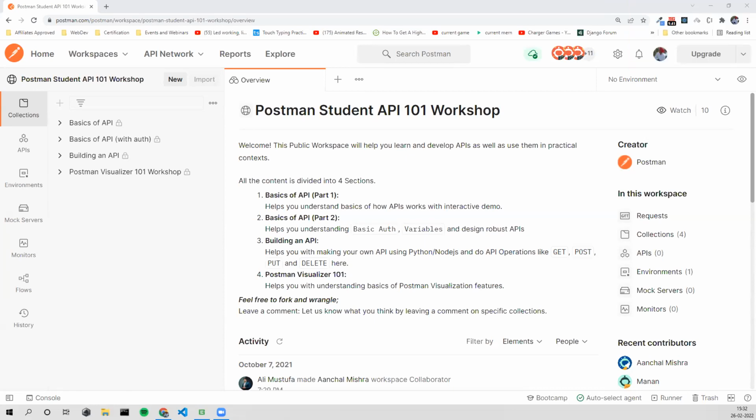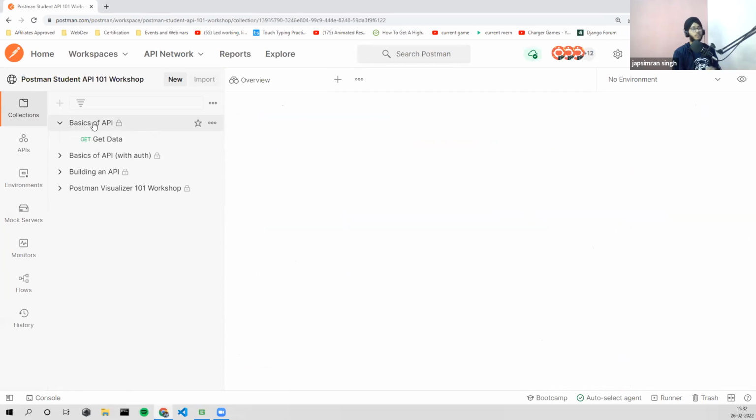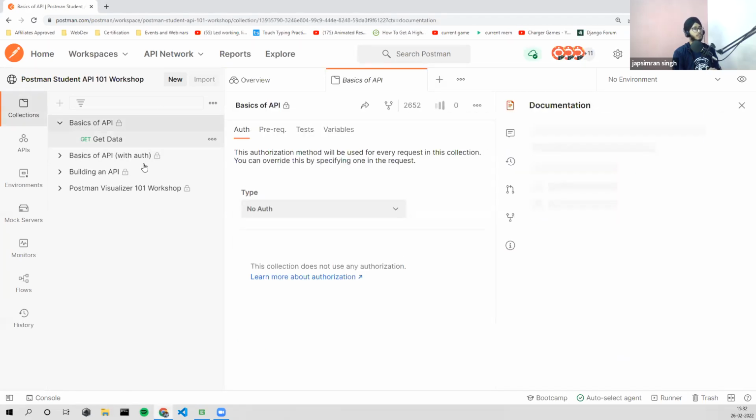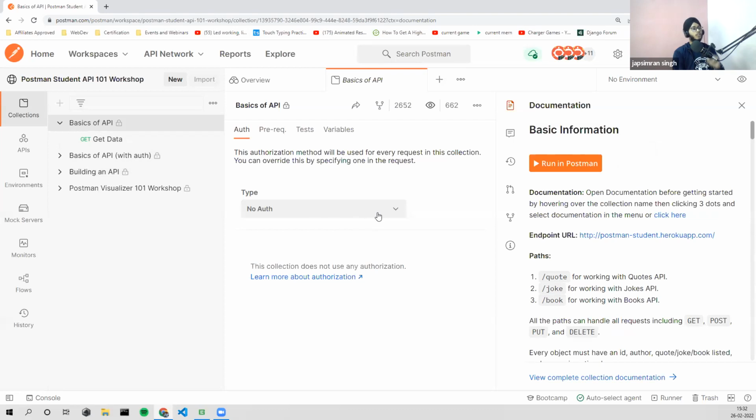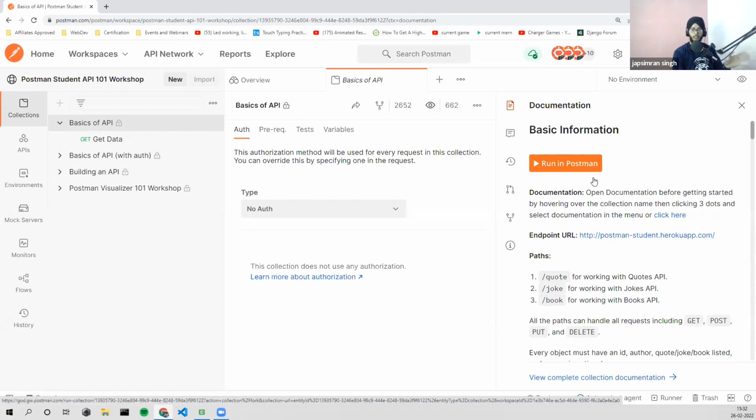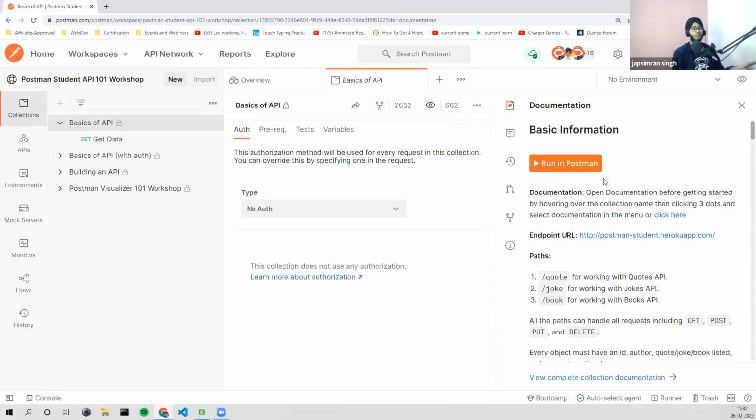Now, we will be going over the basics of API. This is a workspace already made where we'll be testing some APIs. I don't want to make changes in this because they will be reflected for everyone, since it's a public workspace, and I want to make a copy, so I'll fork it.